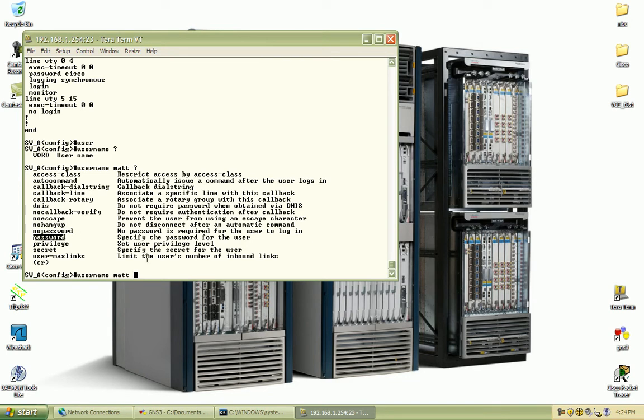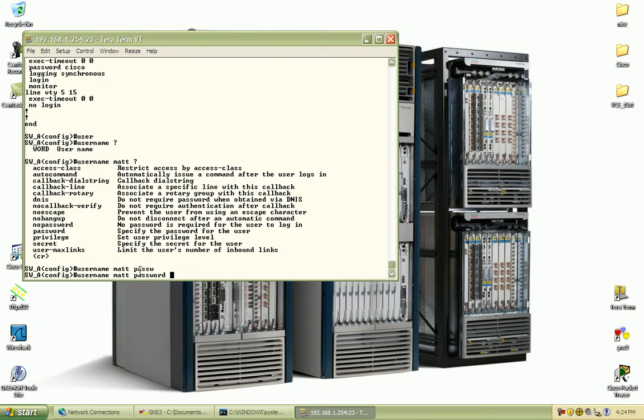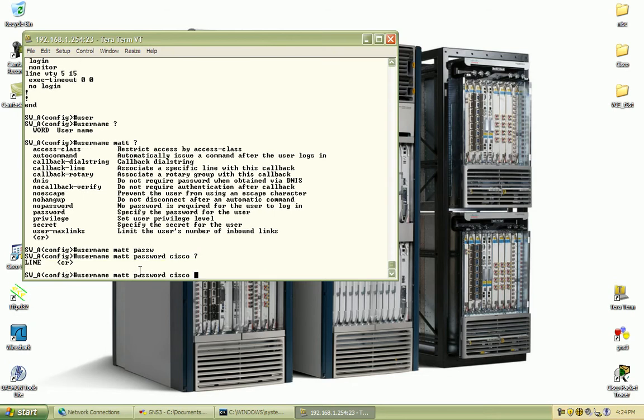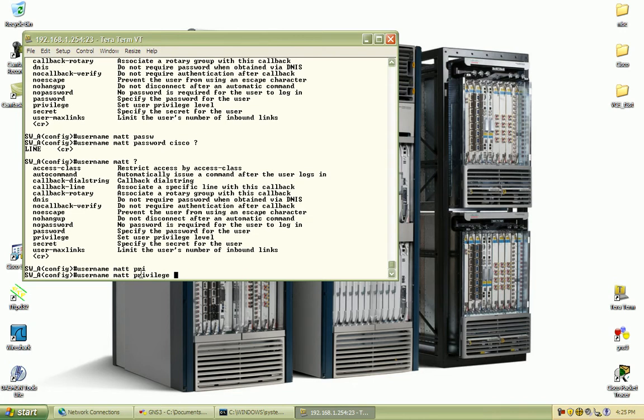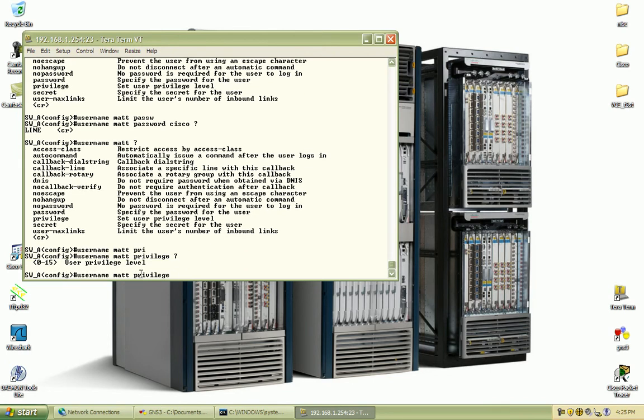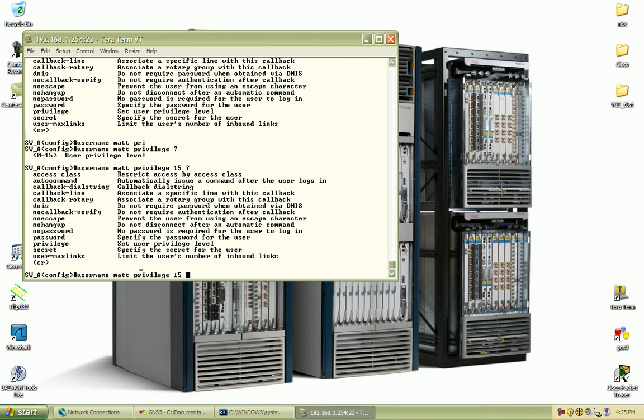Okay, I'll set the password to Cisco, and that's it basically. It can be as simple as that. If I bring up those options again, I can set the privilege level for this user to anything between 0 and 15. 15 being enable, you're going to get in, you're going to get all the commands. So I'll set privilege level of 15,